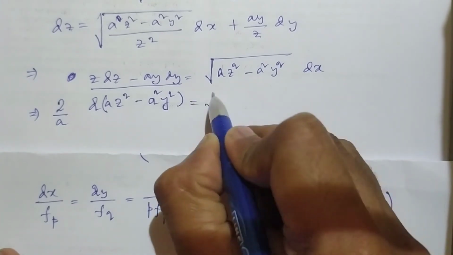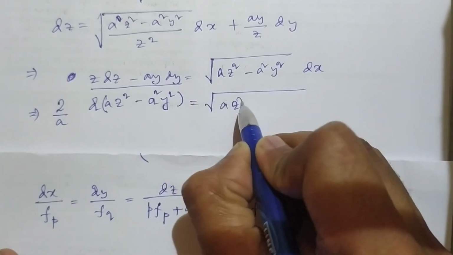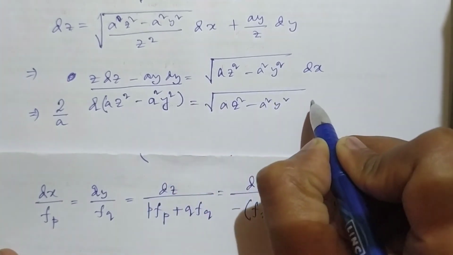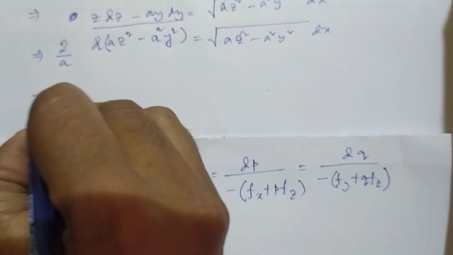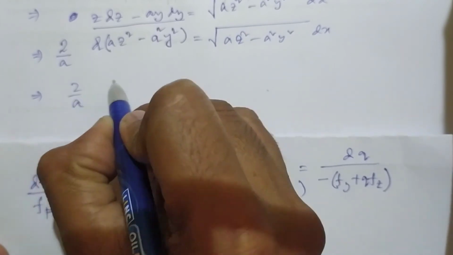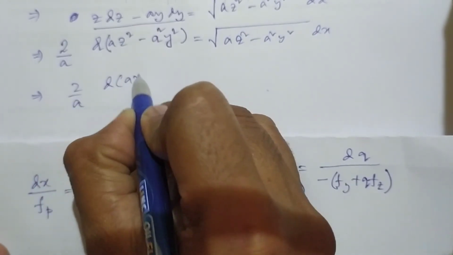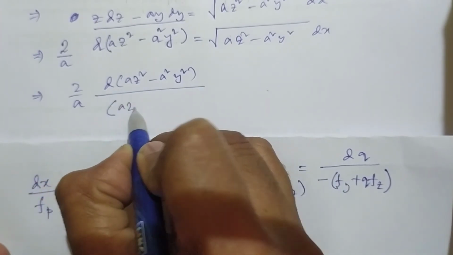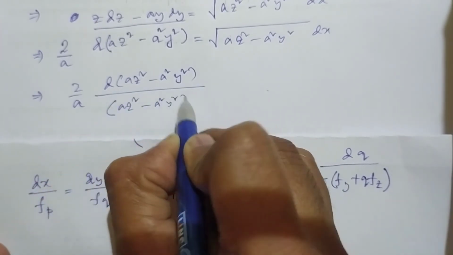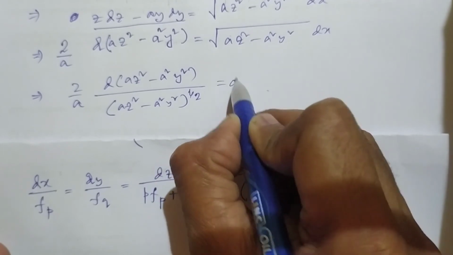So this is equal to √(az² − a²y²) dx. So simply we can write 2/a · d(az² − a²y²) over (az² − a²y²)^(1/2) is equal to dx,